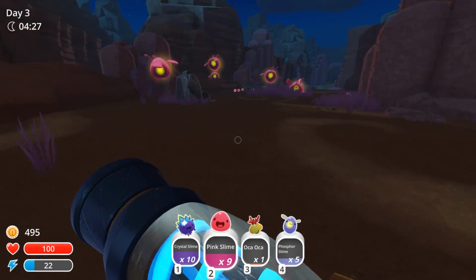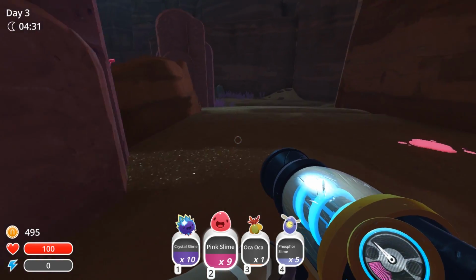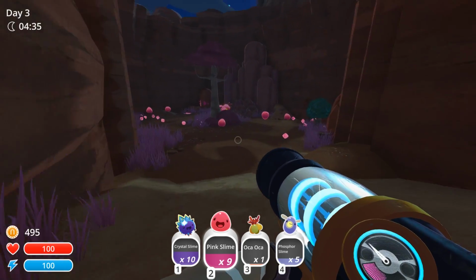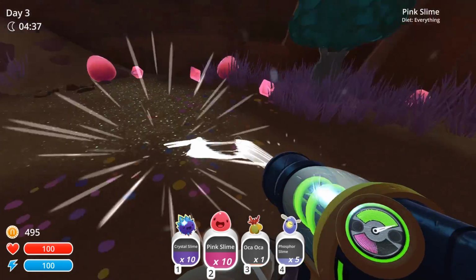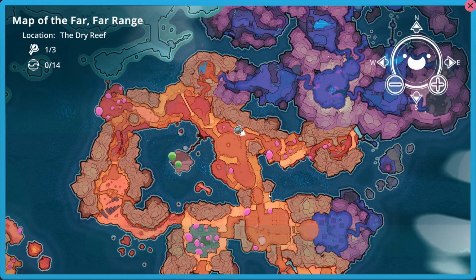Need one more little pink slime. Come on, little pink slime. There's probably one down in here somewhere. This area is a whole lot bigger than you might think. The whole dry reef is much larger than you might think, because the whole time that we've been playing, we've only